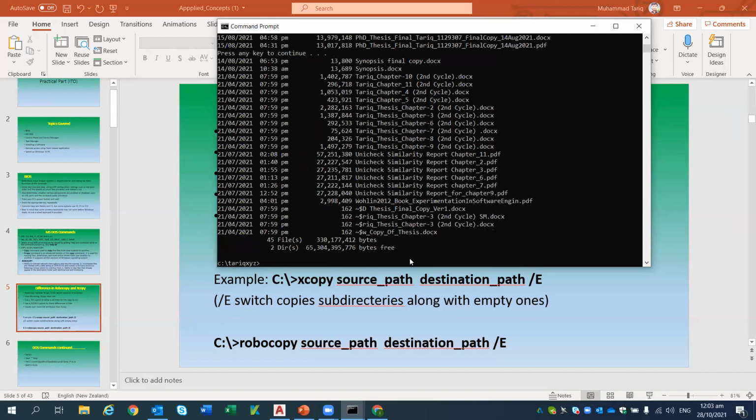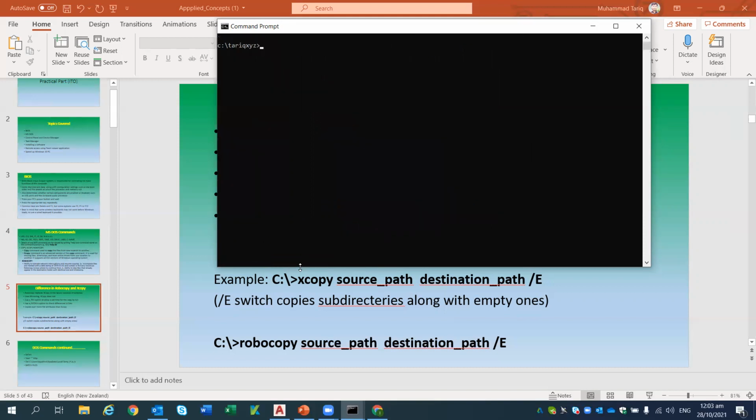Here we go. So it has copied everything. Okay. Now we will see how we can actually use the robocopy. The command is the same, the same command we can use. So what I need to do is go to root, and now here I will just apply